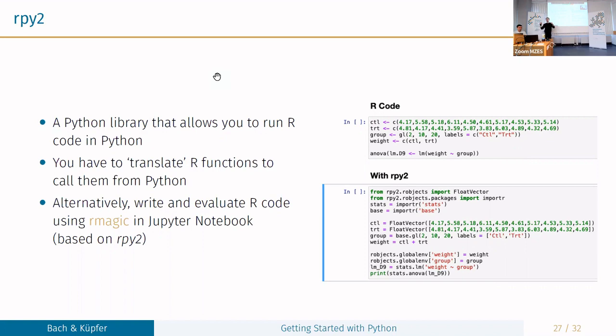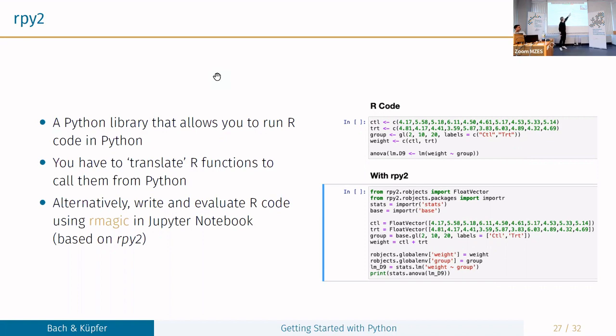If you say, well, I will immerse myself fully in Python, but there's some R stuff that I need to do, some complex statistical estimators where Python is sometimes not the ideal choice, you can do the R stuff in Python. The other way around, instead of Reticulate, is RPy2, which is a Python library that allows you to run R code in Python. We have an example here on the right.